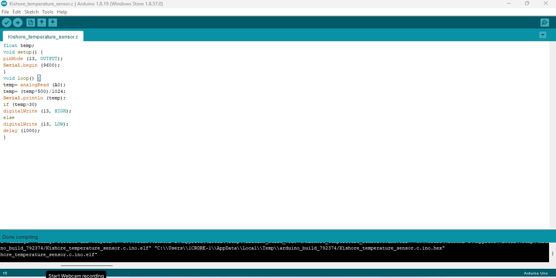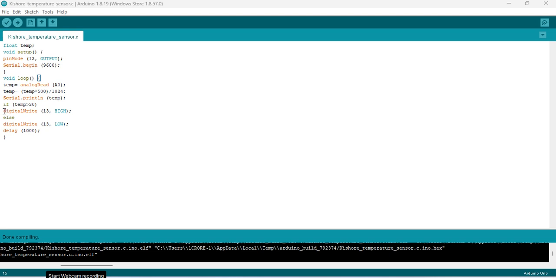the 13th pin will be, so we have declared the 13th pin as an output. So we are writing the 13th pin in Arduino. There are only 6 analog pins and 14 digital pins. So the 6 analog pins means starting from 0 to 5, and 14 digital pins means 0 to 13. So we are selecting the last pin as output